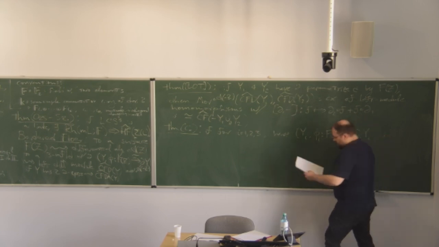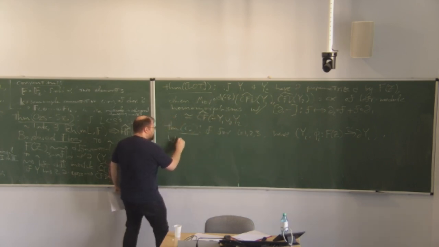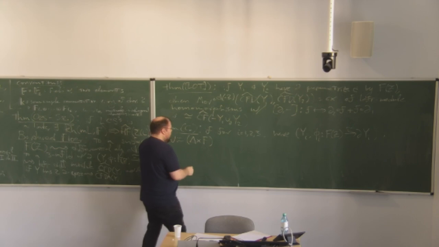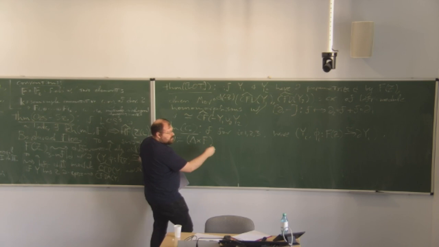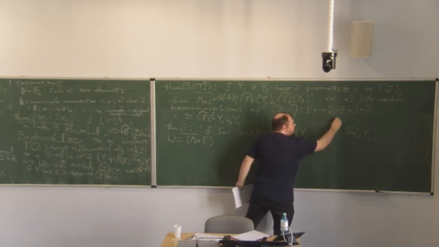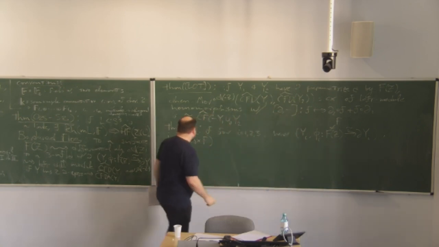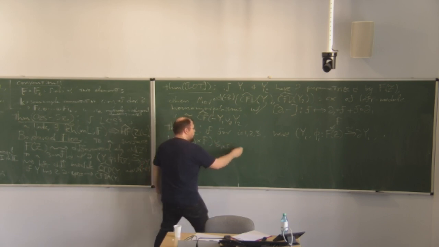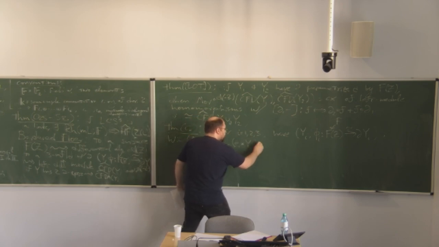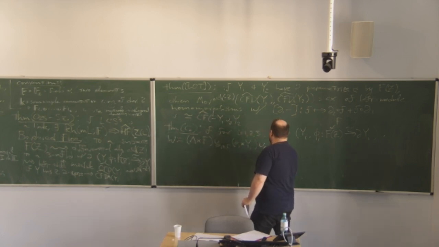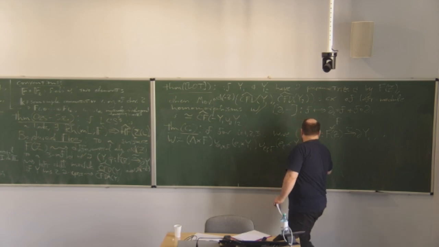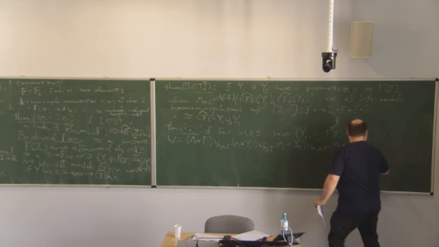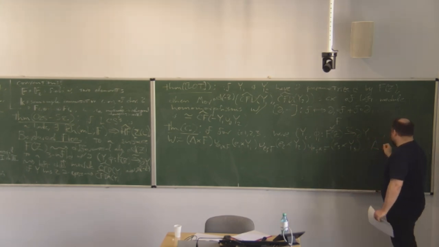If I define W to be the so-called pair of pants cobordism given by a triangle cross F, where F is F of Z, union along E1 cross F, E1 cross Y1, union along E2 cross F, E2 cross Y2, union along E3 cross F, E3 cross Y3, where, again, the triangle is an actual triangle,